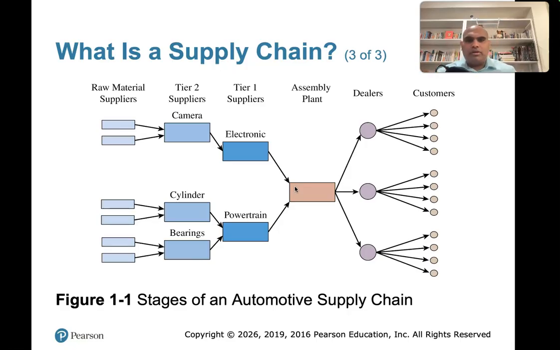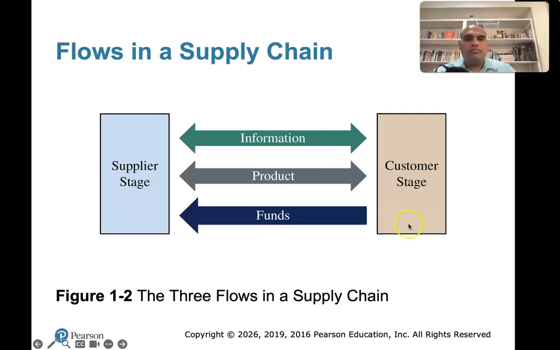So lots of fiddly moving bits in here, and it is important to keep track of. So General Mills has to keep track of its suppliers and has to keep track of its customers, right? And what are the things that flow? So money has to flow. Obviously, when you buy something or you sell something, you either pay or you get money. And then, of course, information and products. So funds is a single way, but product and information